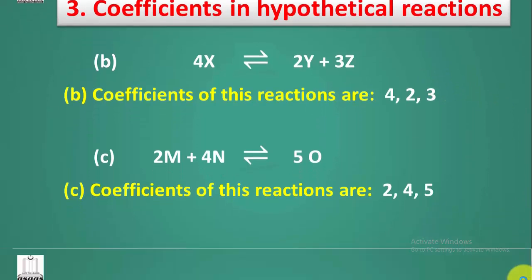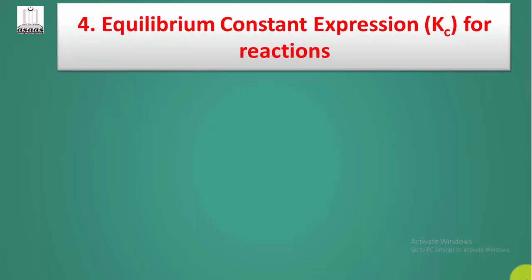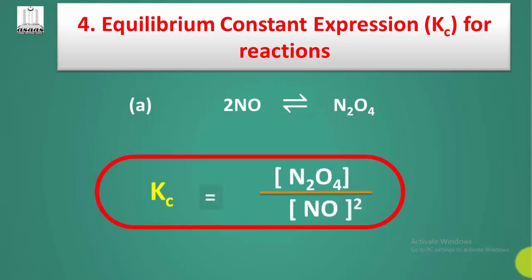And in the last question, question number 4, equilibrium constant expression Kc for the reaction. So the first reaction is 2NO is equal to N2O4. So Kc is equal to, the reactants are in denominator and products are in numerator. So product over reactant, it's a formula dear students. So N2O4, the molar concentration of product, over NO raised to the power 2, that is the molar concentration of reactants. Similarly,